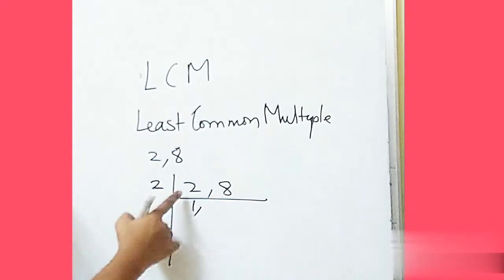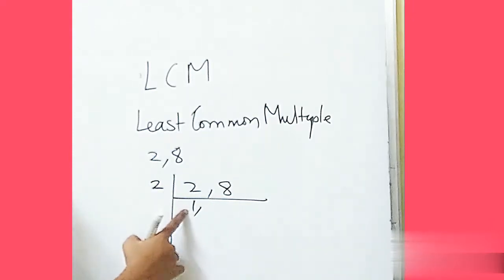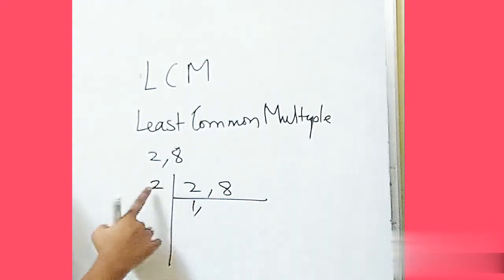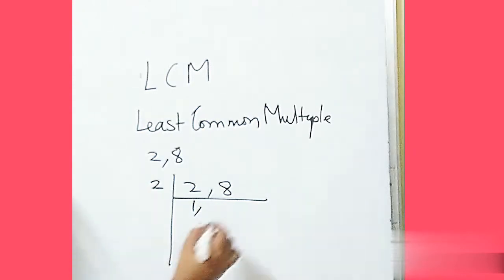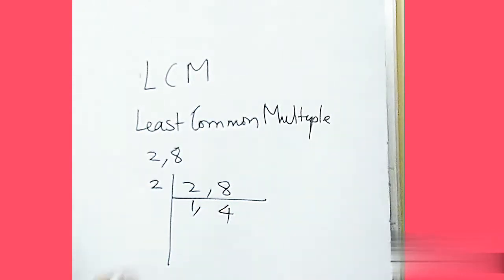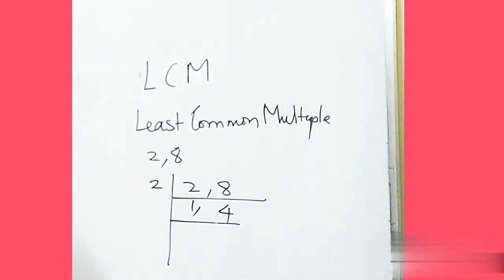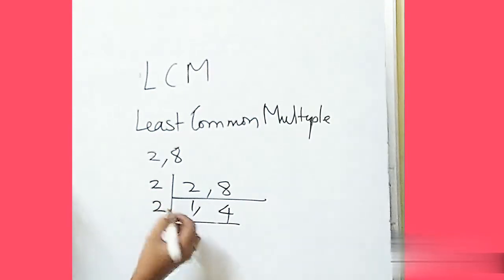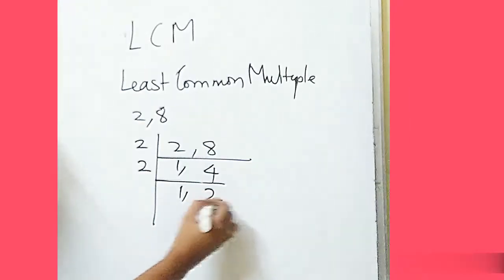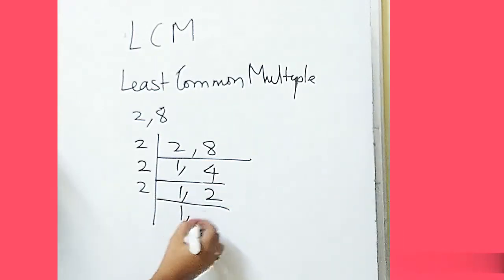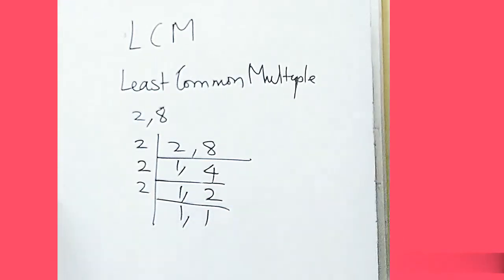Two ones are 2, and you have to write below how many times it is coming. 2 ones are 2 and 8 comes for 4 times. So I'll write that as 4. Now 1 after 1, nothing will be happening. You only have to focus on 4. Now take the 2 table again. Why am I taking 2? Because 4 comes in the 2 table. So 1, 2. Again 2. You have to proceed till you reach this condition, that is 1, 1.